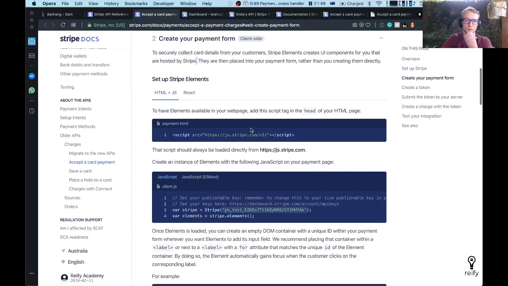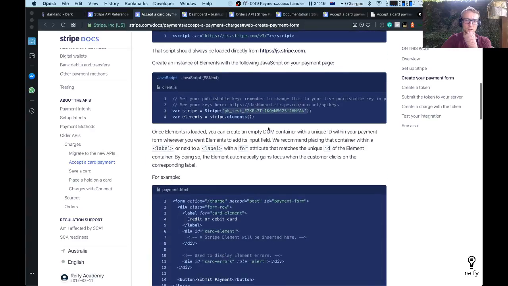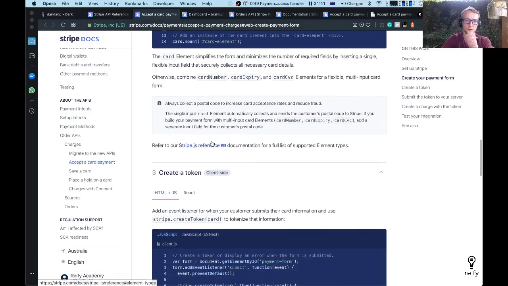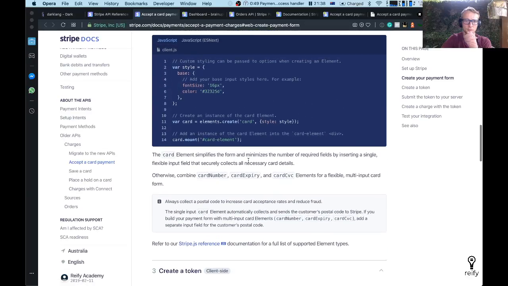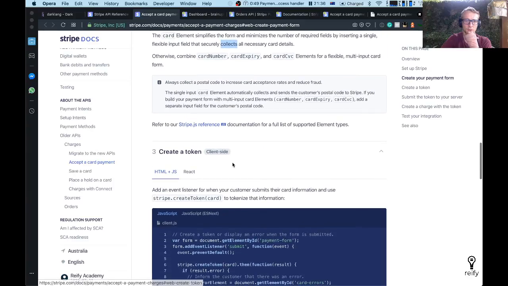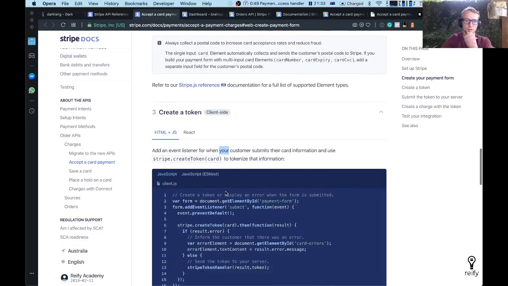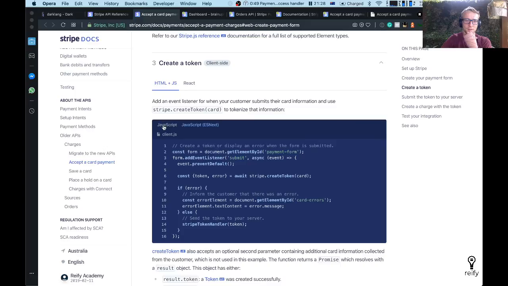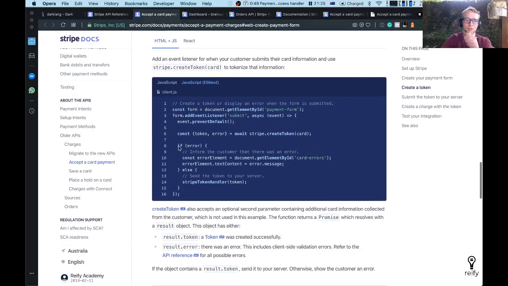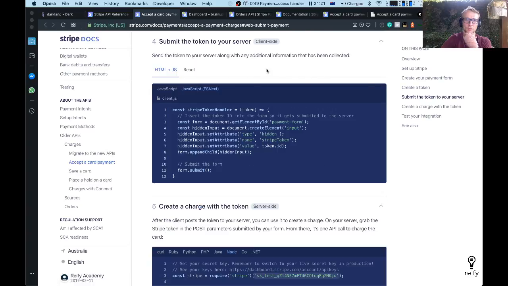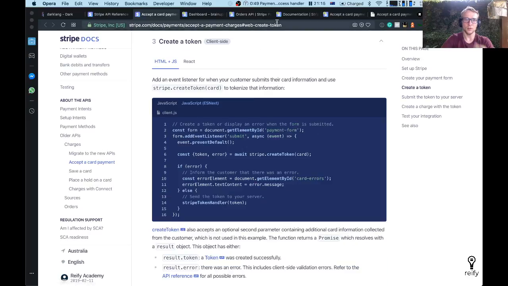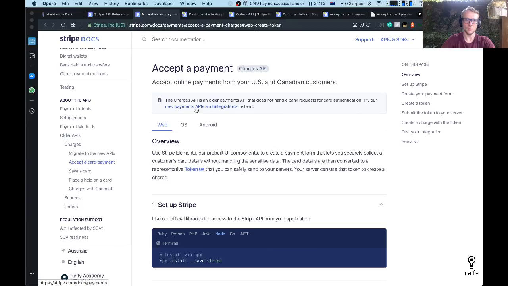Okay, create payment form. So this is Stripe Elements, right? Card mount, card element, okay. How do we get the token here? For the custom application, use the Stripe create token. But that's kind of a dangerous thing, because we are eventually passing the token to a server. Okay, so it looks like we need to actually use